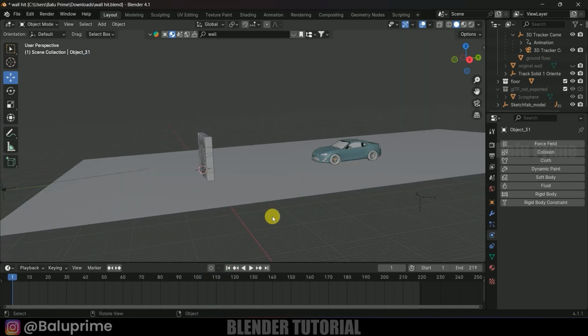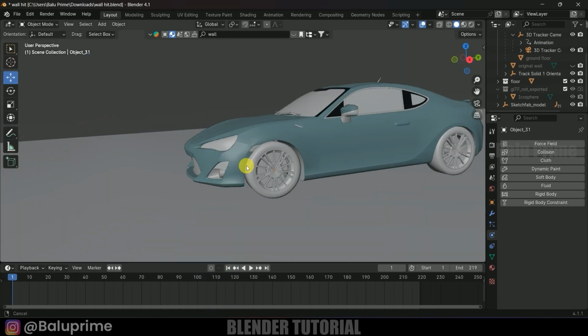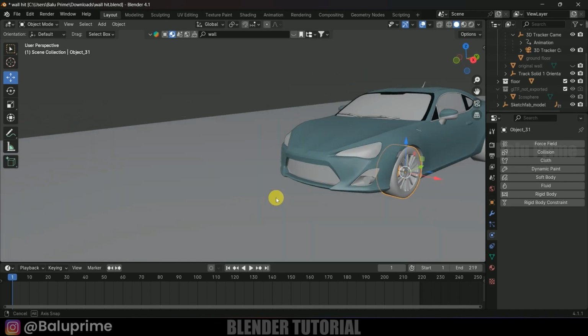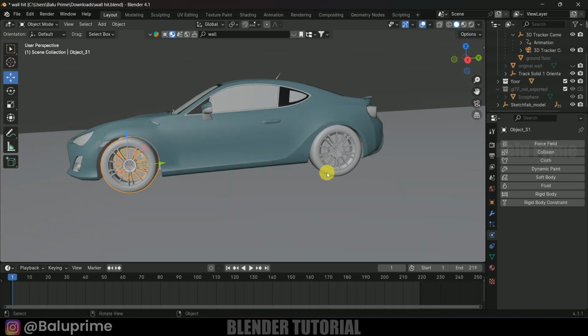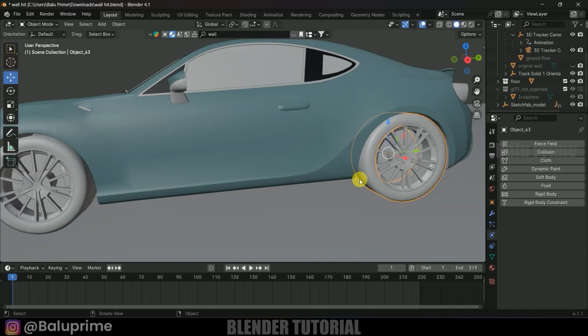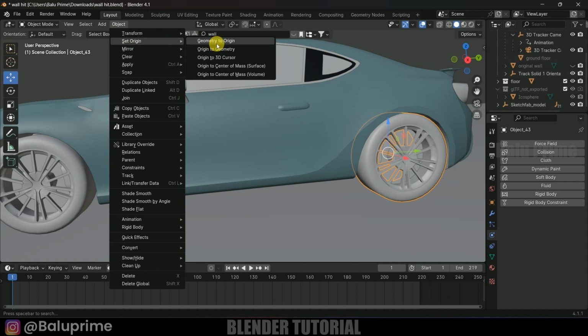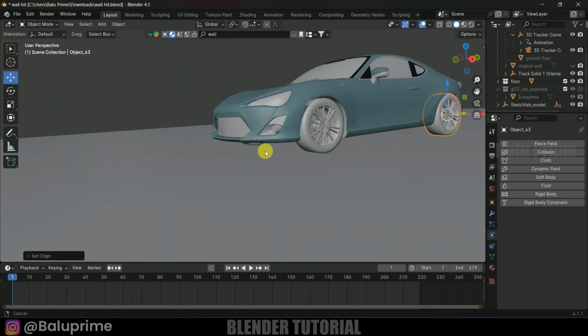Now let's rotate the wheel. Here the wheel should be separated. You can see this is separated, and also this wheel is separated. I think the rim is separate and the tire is separate. So let's join them. Select the rim, hold the shift key, select the tire, Control J to join them, and we need to have the pivot point at the center. So go to this object, set origin to geometry. Okay, for this we'll also